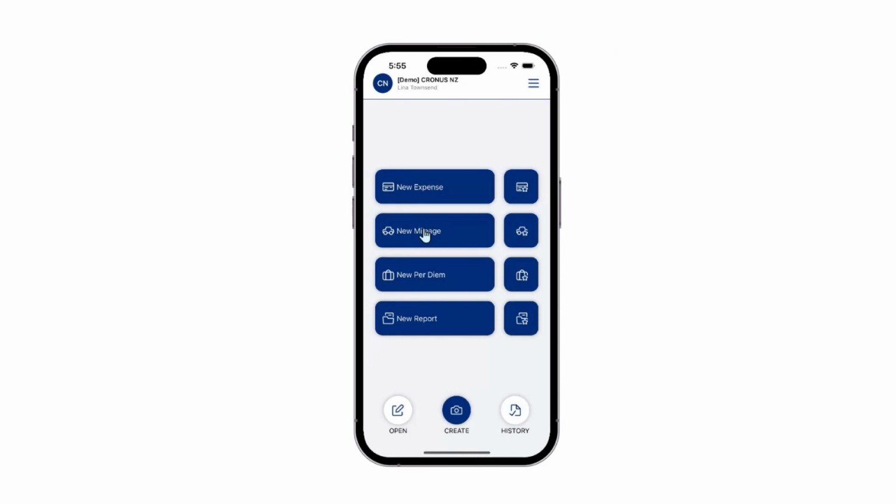New mileage, I would go in here if I traveled from one place to another and needed to claim for that mileage. New per diem, if I was being paid fixed amounts per day for breakfast, lunch, dinner, maybe for accommodation, then I would go in there and say how many nights I was away for,